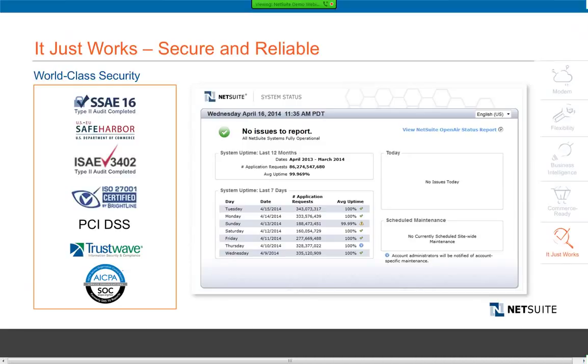Now, you may talk to a lot of vendors out there, but there are very few that put their money where their mouth is. NetSuite puts our numbers out there for anybody to see. Status.netsuite.com. You can see how our systems are performing, the latest uptime results, and if anything's happening with the system. We always make sure that information is available. And we have world-class mirrored data centers with redundancy and disaster recovery, so it's secure and reliable. We focus on that stuff that's not that exciting, but makes sure that the business is running and available.